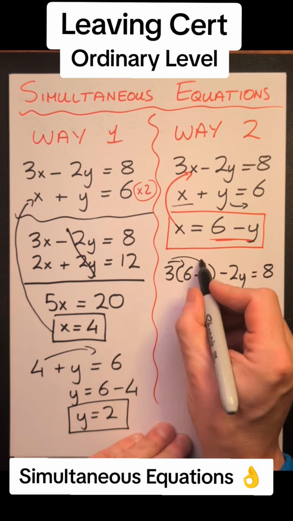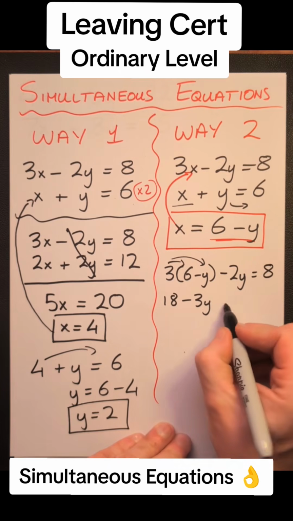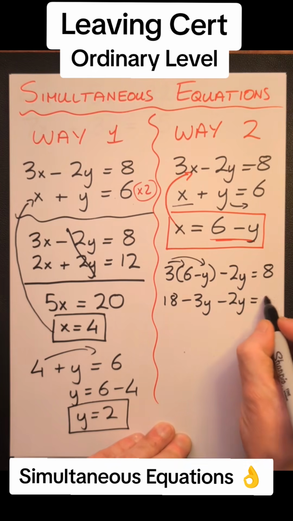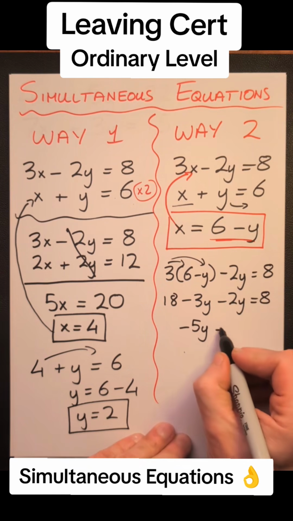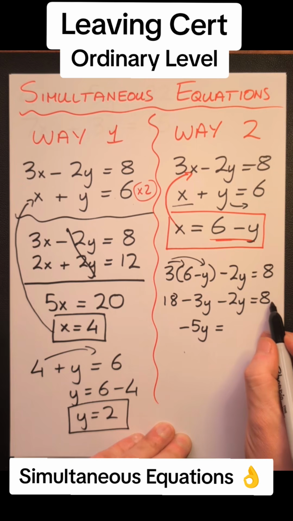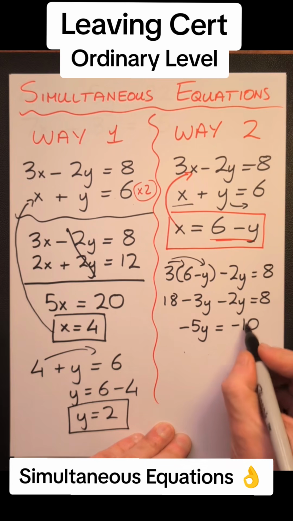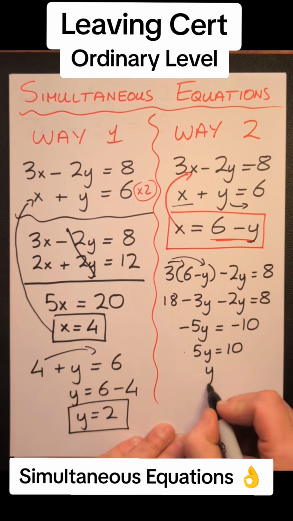So let's multiply in that 3. We get 18 for 3 times 6, minus 3y minus 2y equals 8. Minus 3y minus 2y is minus 5y. We bring the 18 over, it becomes a minus 18. 8 minus 18 is going to be minus 10. Two of them are minus. Let's change them both to plus. And we get y equals to